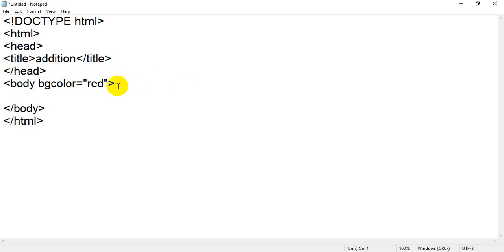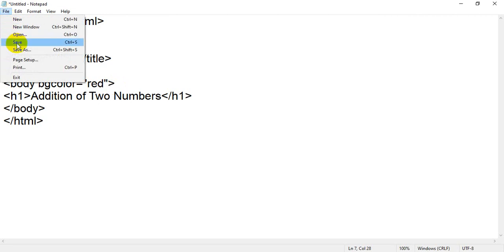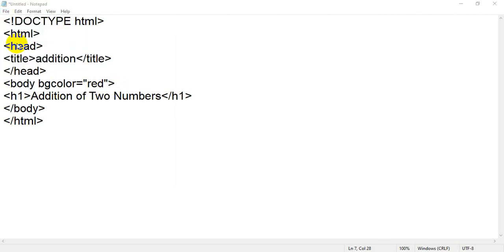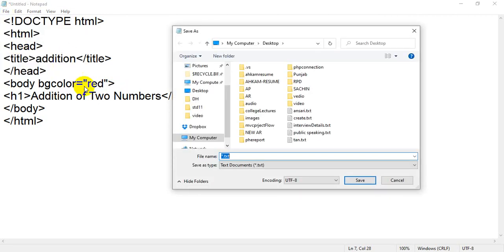After that I will take one more tag, h1 and closing h1, in which I will write my question, that is, Addition of two numbers. Okay, so let me save the file. Right now we have not done anything regarding JavaScript; we have just created a simple HTML page and written one heading tag in which we have displayed our question.